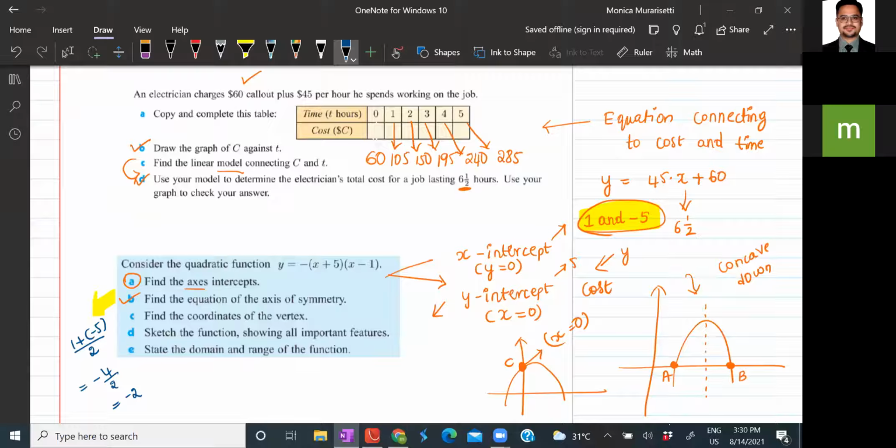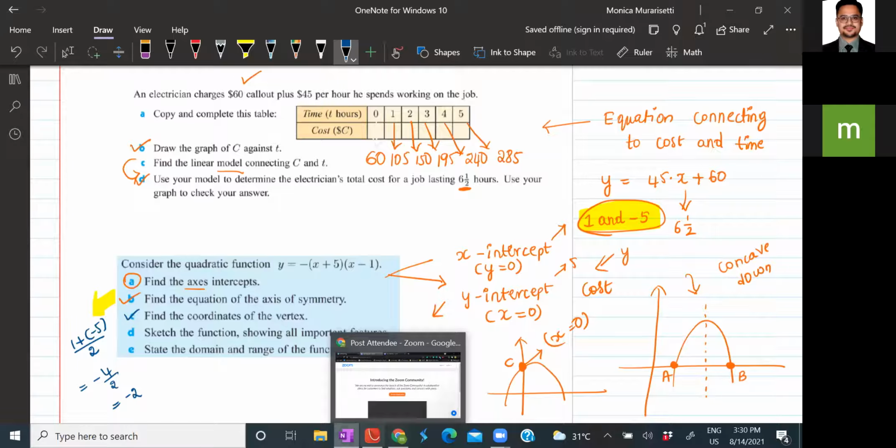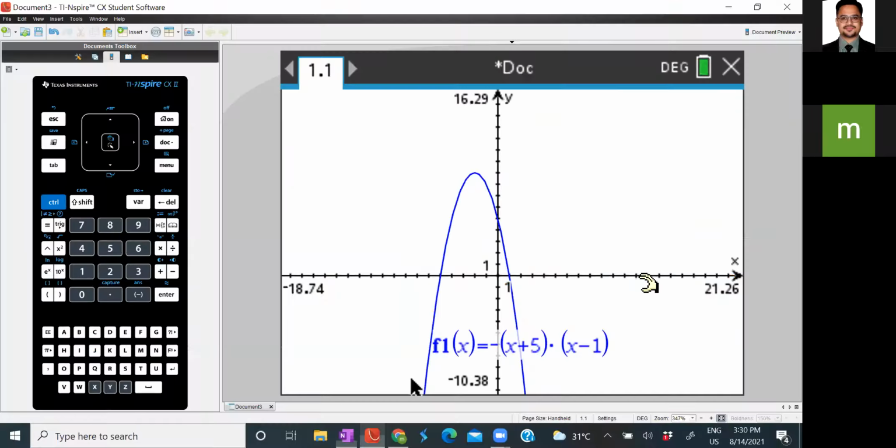Got it? Okay. Now next, how to find the vertex? Could you all help me in the chat box understand how to find the vertex? Please let your answers keep coming.